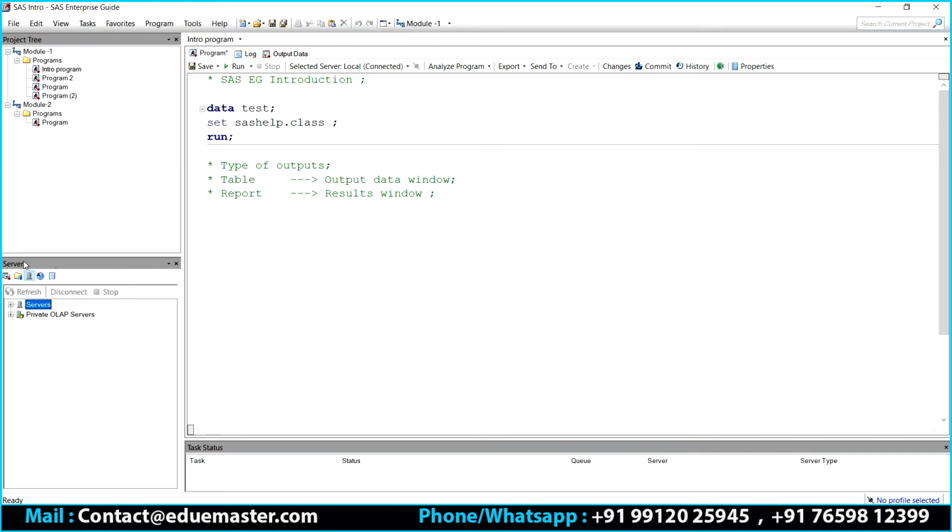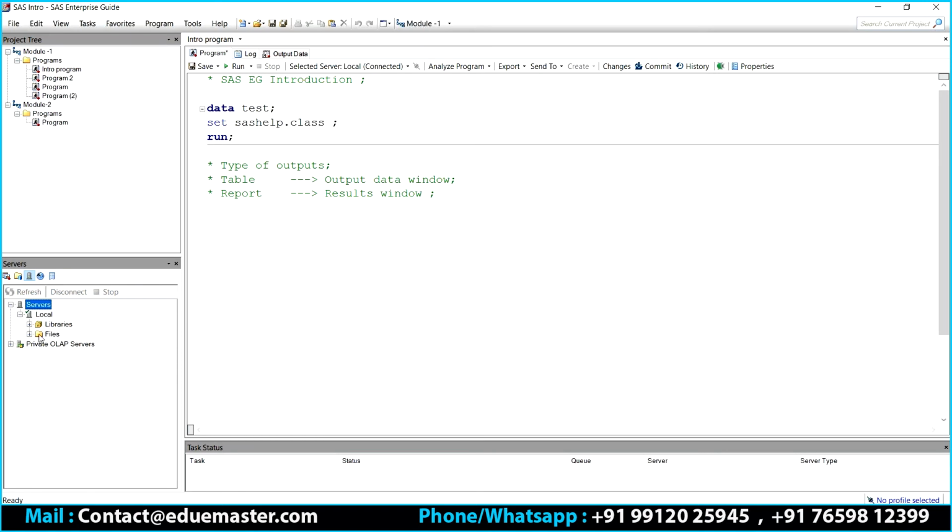The center one is nothing but your servers. Under the servers, since I'm using Windows, I can see only the local machine. Suppose you are using Linux, here you can see multiple servers which you connected with. Suppose your profile is connected with two servers, let's say app1 and app2. Those server names will also be displayed here, just like your local. All the servers you connected, all those servers will be listed here.